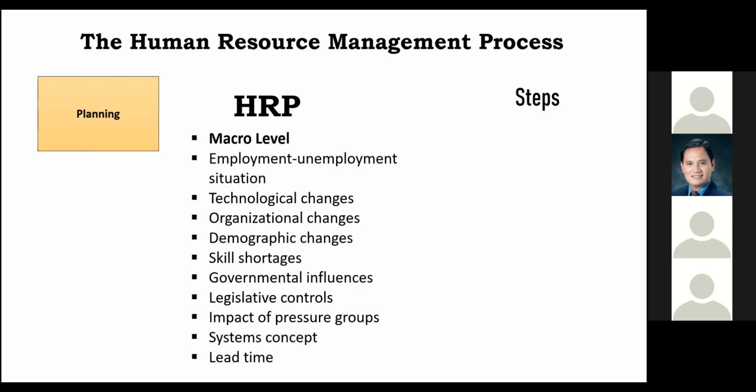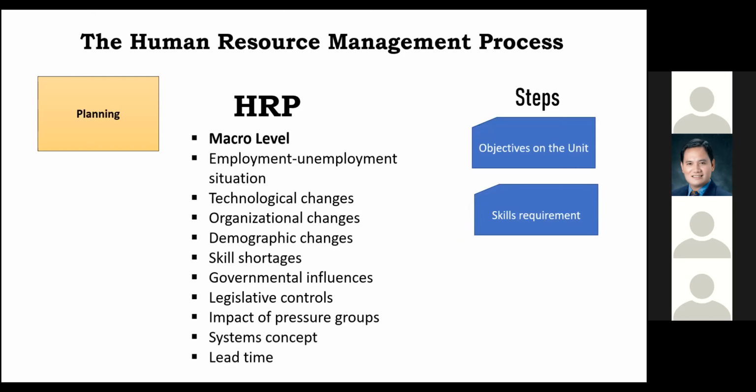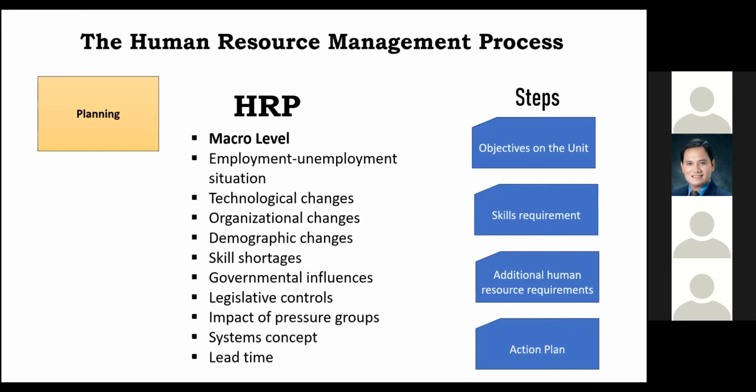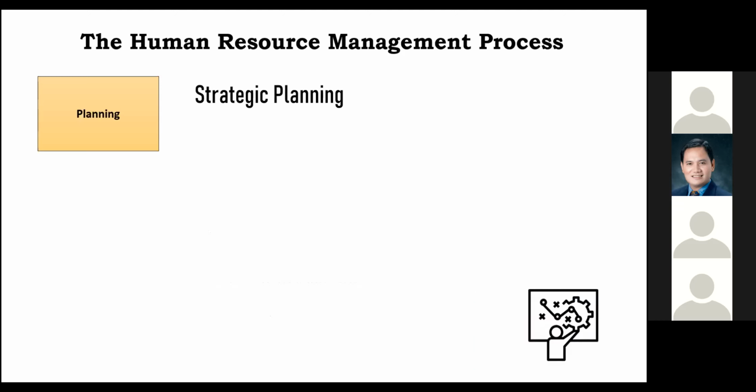Okay, the steps involved: we first establish the objectives, of course, and then we have to determine the skills requirement. Then when we are able to evaluate the skills requirement, we determine if we still need some additional human resource requirements, and then we do an action plan, and then we execute it. So those are the steps involved in the HRP. Still in planning,